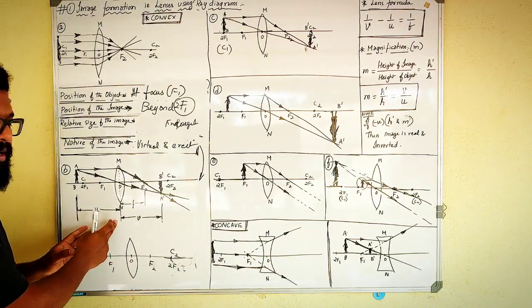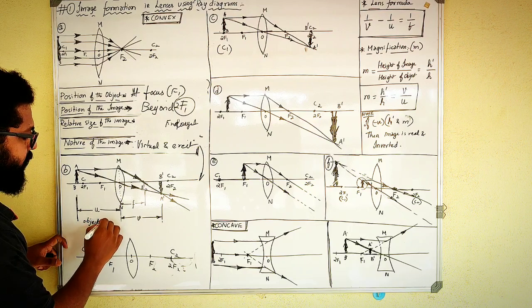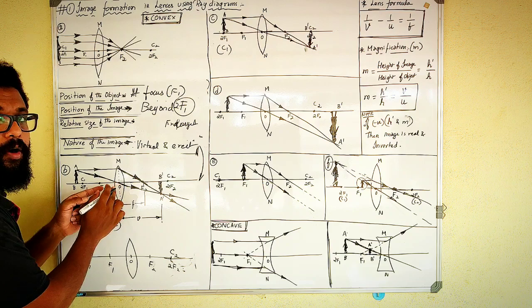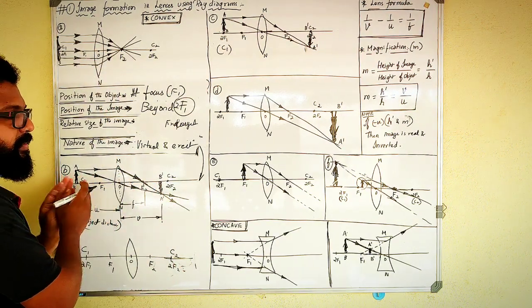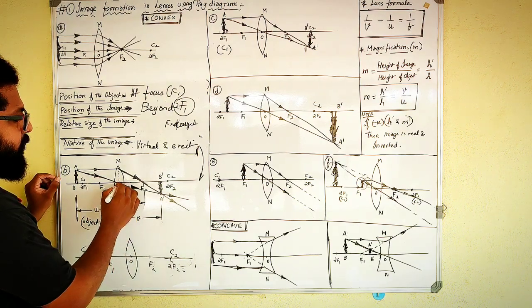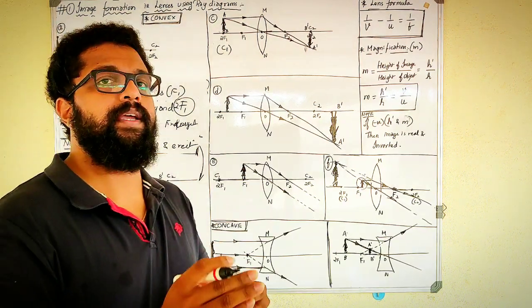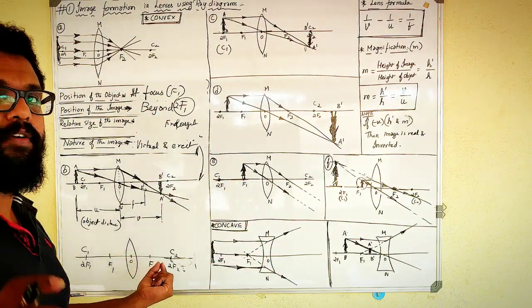u is nothing but the object distance, right? Object distance, and here the distances are measured from the optic center. Is it clear? So the distance of anything is measured from the optic center, that is the centermost point. As I told you, when I am drawing that number line type of thing, the distances will be measured from this O point. Okay, that is taken as the center of reference.